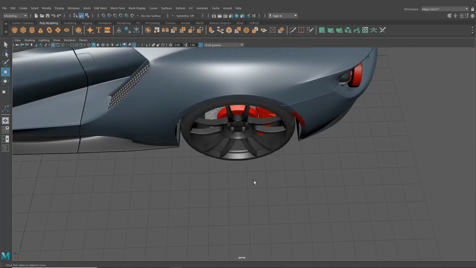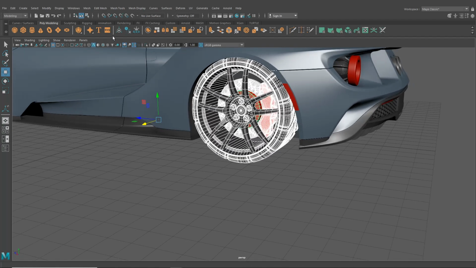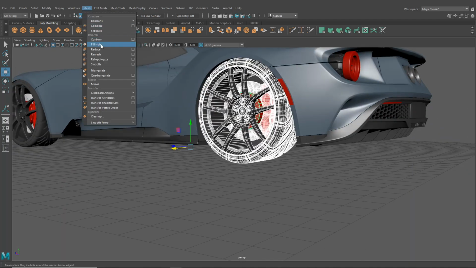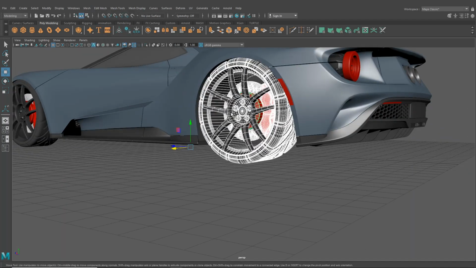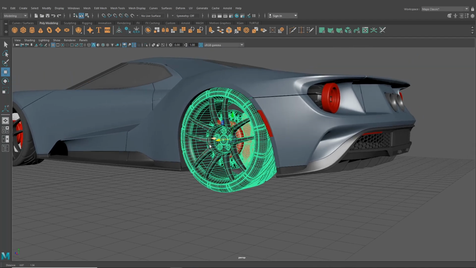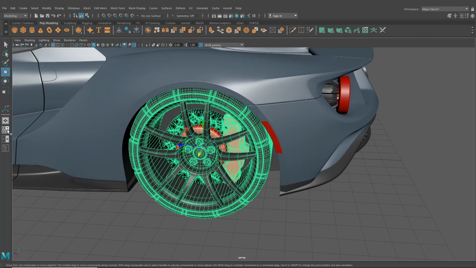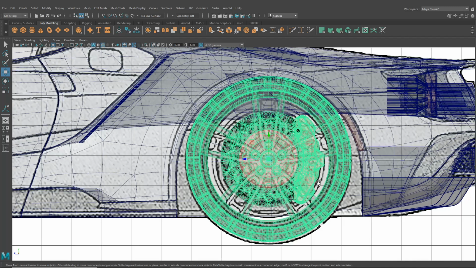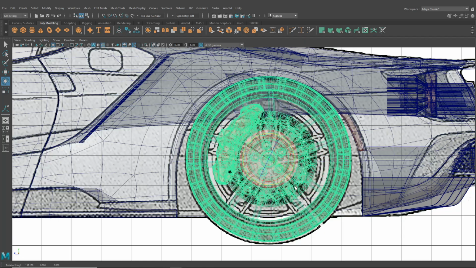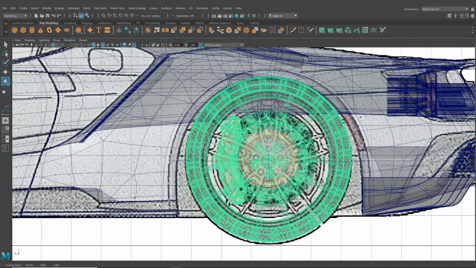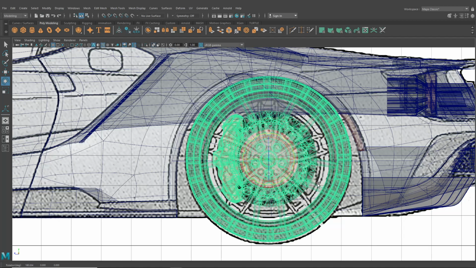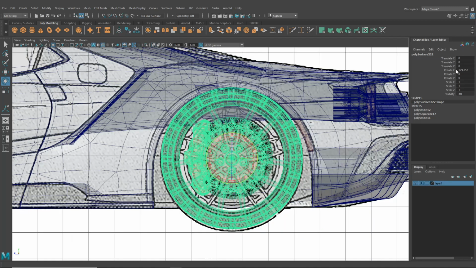Actually, before we do anything, we're going to want to take these. I'm going to quickly combine them again. Okay. Now that we've got a nice central, and we want to flip it so that the brake disc is on this side. So we're going to want to take that all the way around here. So the brake caliper is on that side. So it looks like practically a straight 180-degree rotation,